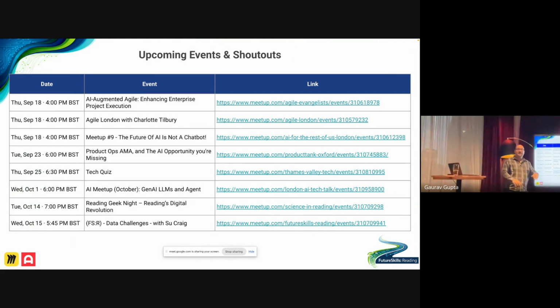Charlotte Tilbury, the makeup brand. I didn't know what Charlotte Tilbury was. We did some work for them for about 6 months. I now know what Charlotte Tilbury is. It's all pink gold and amazing. It's beautiful. So if you want to go to Charlotte Tilbury's office, which is down off the Strand, go there tomorrow. It's really, really nice. So you can go and talk about Agile stuff at Agile London there.